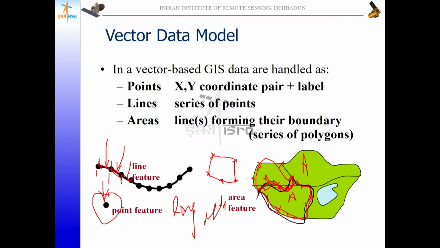Based on this, duplicacy of storing the common boundary is removed, and some of the special queries become faster. For example, if I have to find out the adjacent polygons, so for example these two polygons are adjacent, so easily a topological data model can give you adjacent polygons,